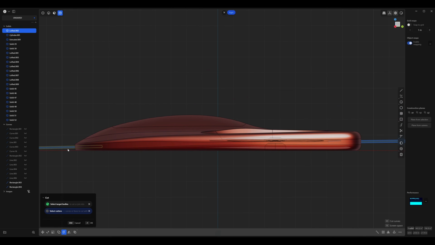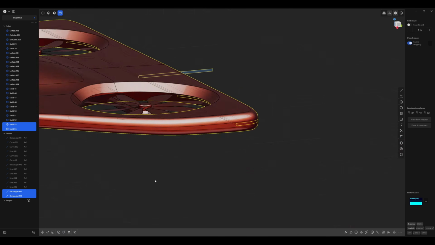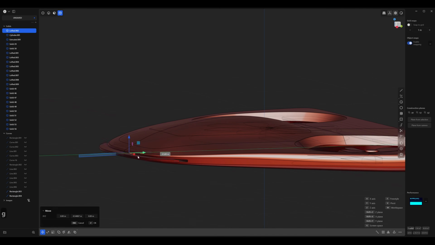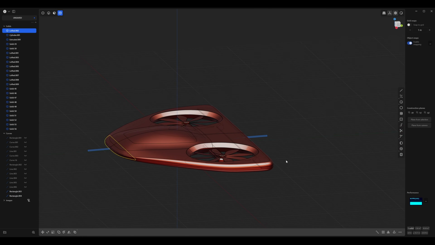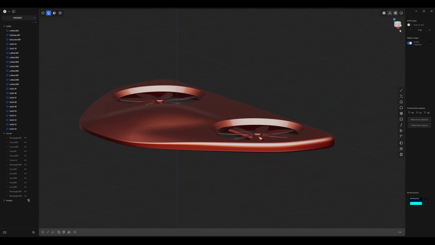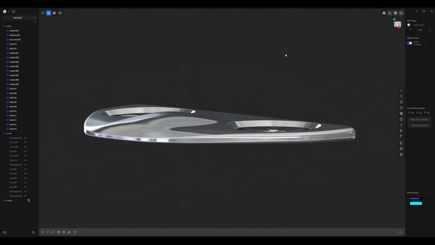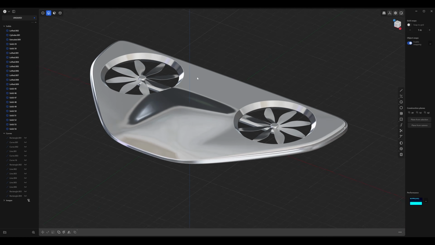Now select the front rectangle and shift select the rear rectangle and right click to accept. Great, so now these pieces are totally separate, and that allows you to add different materials in the render time. And the cool thing is that you can actually preview some materials here in Plasticity. And to do that, just left click on the toggle render mode, and you'll see everything's kind of chromed out here, which is the base material.